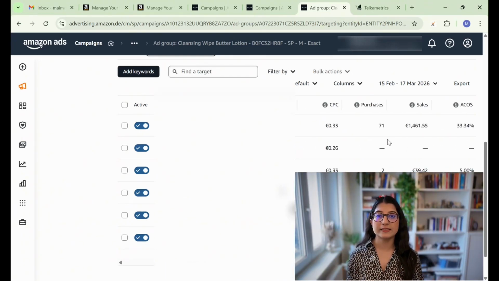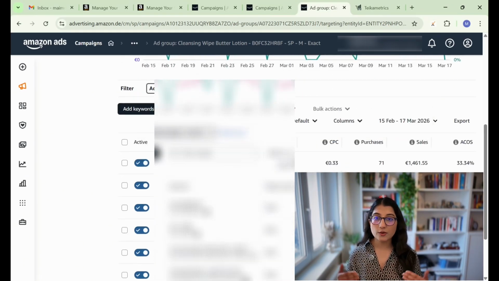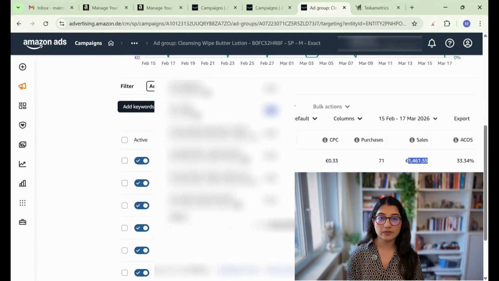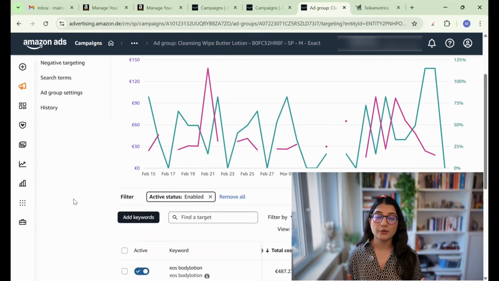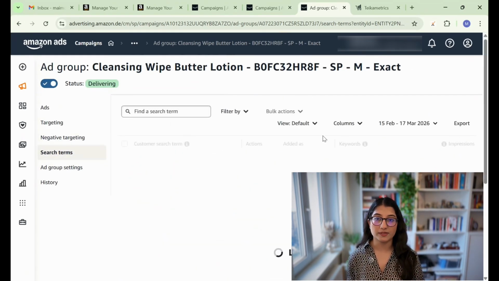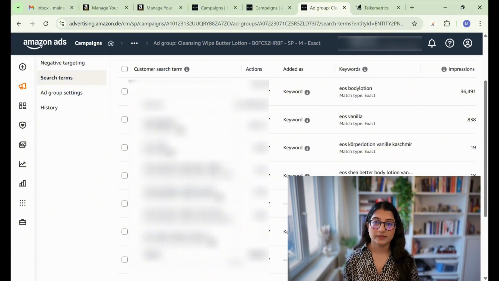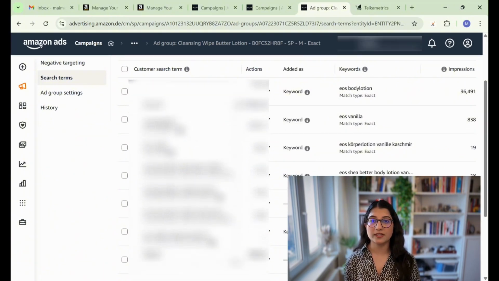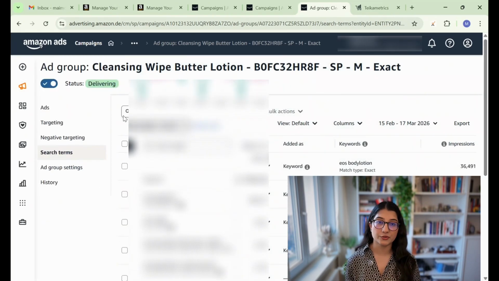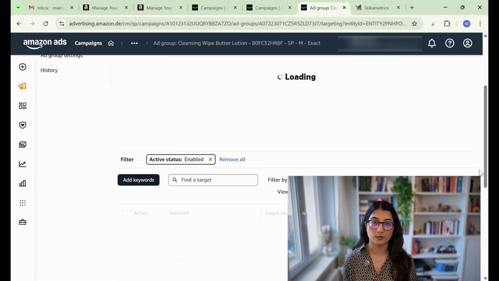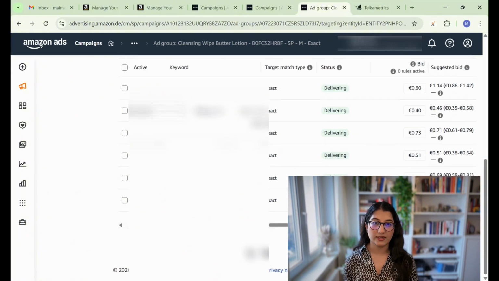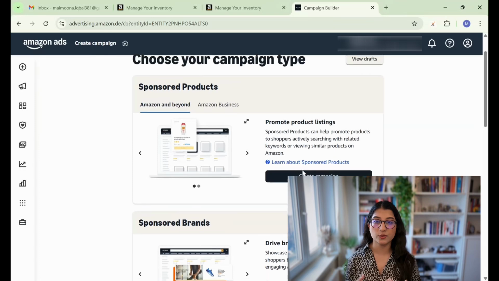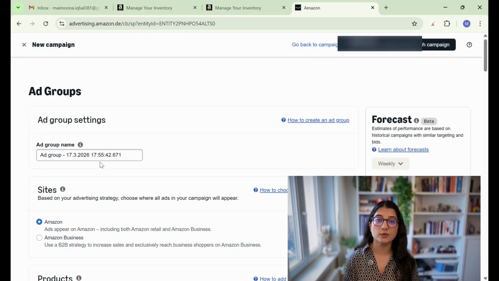Your defense against this is a cross-promotion campaign. You take your own catalog of products and you advertise them on each other's listing. When someone is on your product A's listing, your product B shows up in the ad placement, not your competitor's product. This actually does two things simultaneously. It blocks competitor ads from taking that placement and it introduces your shopper to more of your catalog. It increases basket size. It also builds brand visibility. And it costs you very little because you are showing highly relevant ads to someone who is already interested.